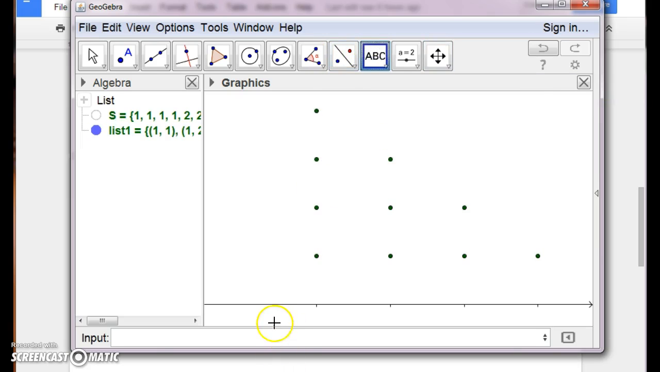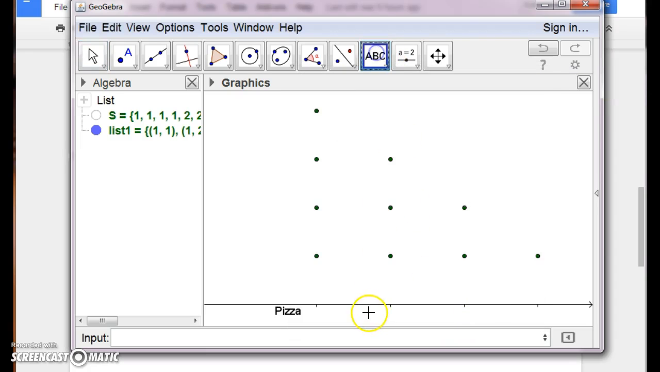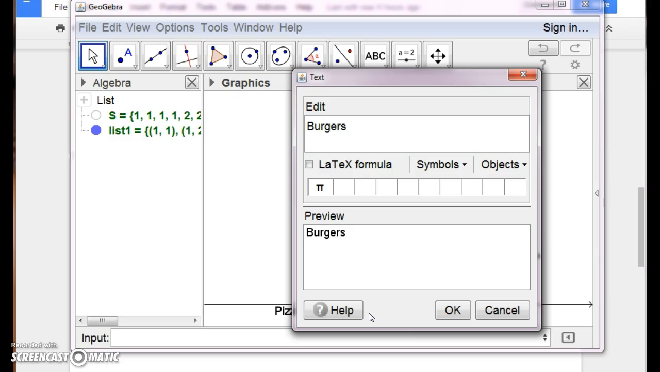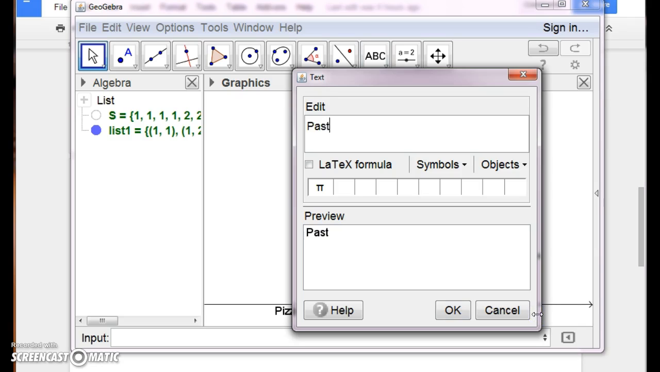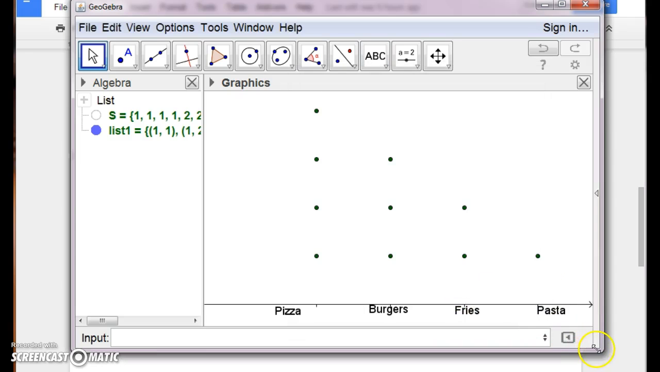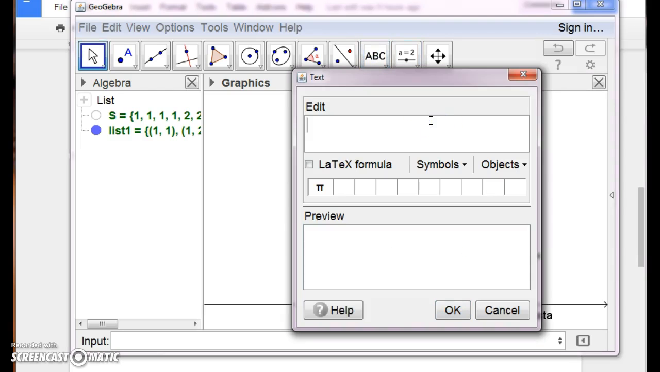And I'm going to take my text box, and for this one, that was pizza. And the next one was burgers. And the next one over here was fries. This is snacks that people chose. And the last one that they chose was pasta. And here we have it. And we're going to just move these over. And see, I'm going to move these words, and you could probably make them even look neater, but that's okay. And now I guess I would label the whole thing as the number of people